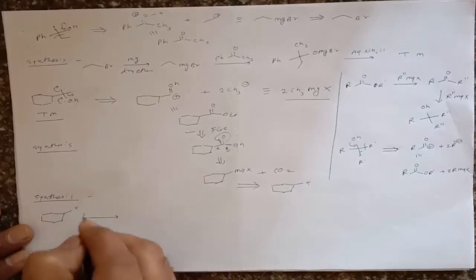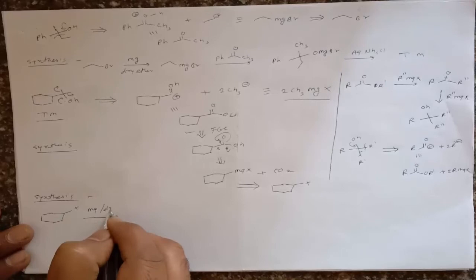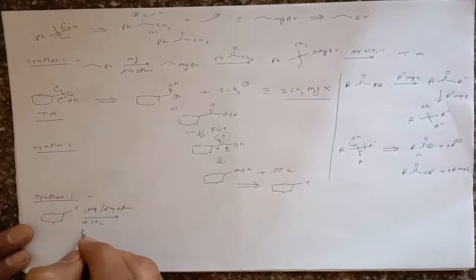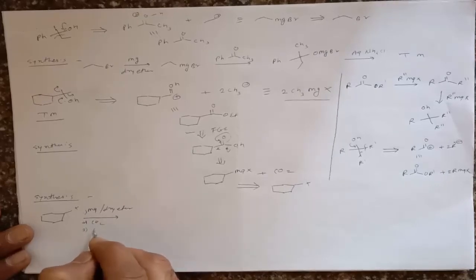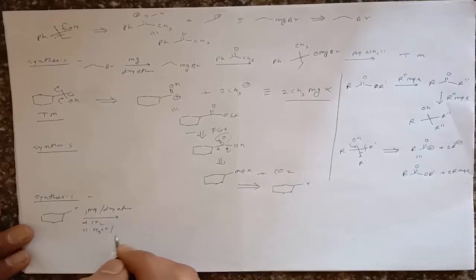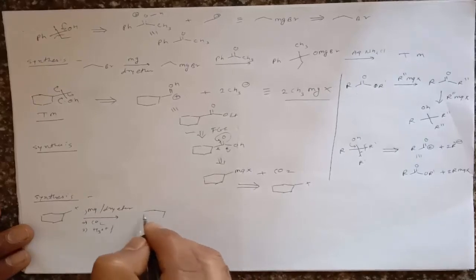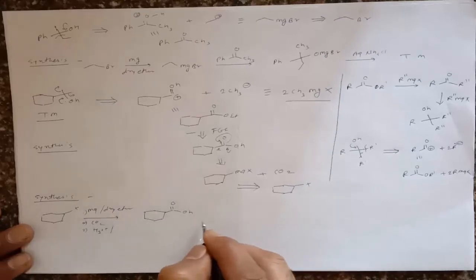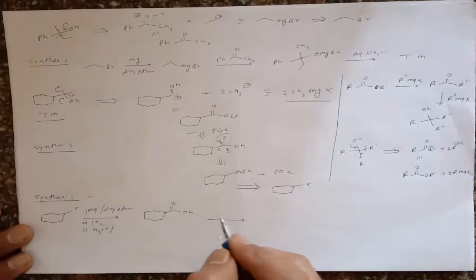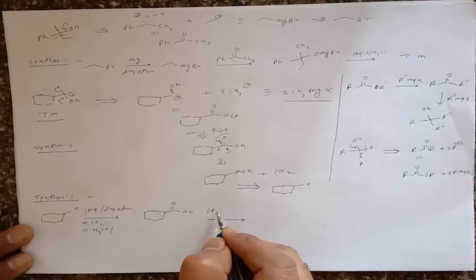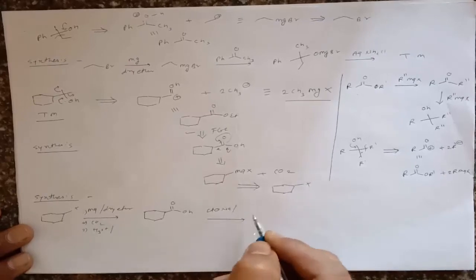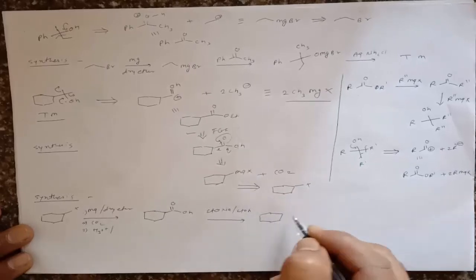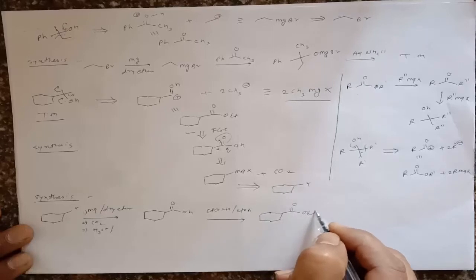Into that cyclohexyl halide we add magnesium in the presence of dry ether. Then we add carbon dioxide, and secondly we add either H3O plus or ammonium chloride. It gives formation of a molecule like this, that is, it gives an acid. From that molecule, if we want to prepare an ester, we take sodium ethoxide in the presence of ethanol. So what does it give? It gives formation of an ester, that is C double bond O.